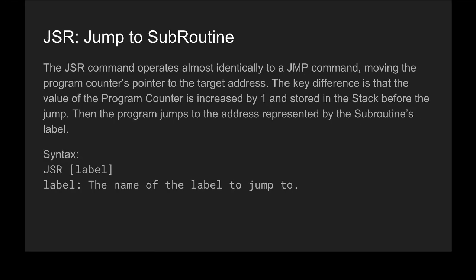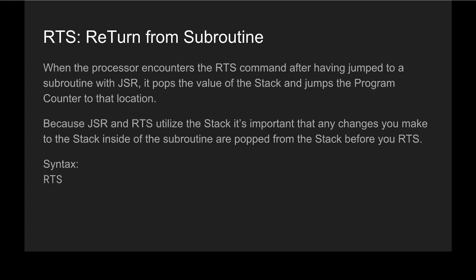So how does it work? First is the JSR command. The JSR command operates almost identically to a jump command, moving the program counter's pointer to the target address. The key difference is the value of the program counter is increased by 1 and stored in the stack before the jump. That way, the program knows where to go back when it's finished. It then jumps to the address represented by the subroutine's label. Then when it encounters the RTS return from subroutine command,